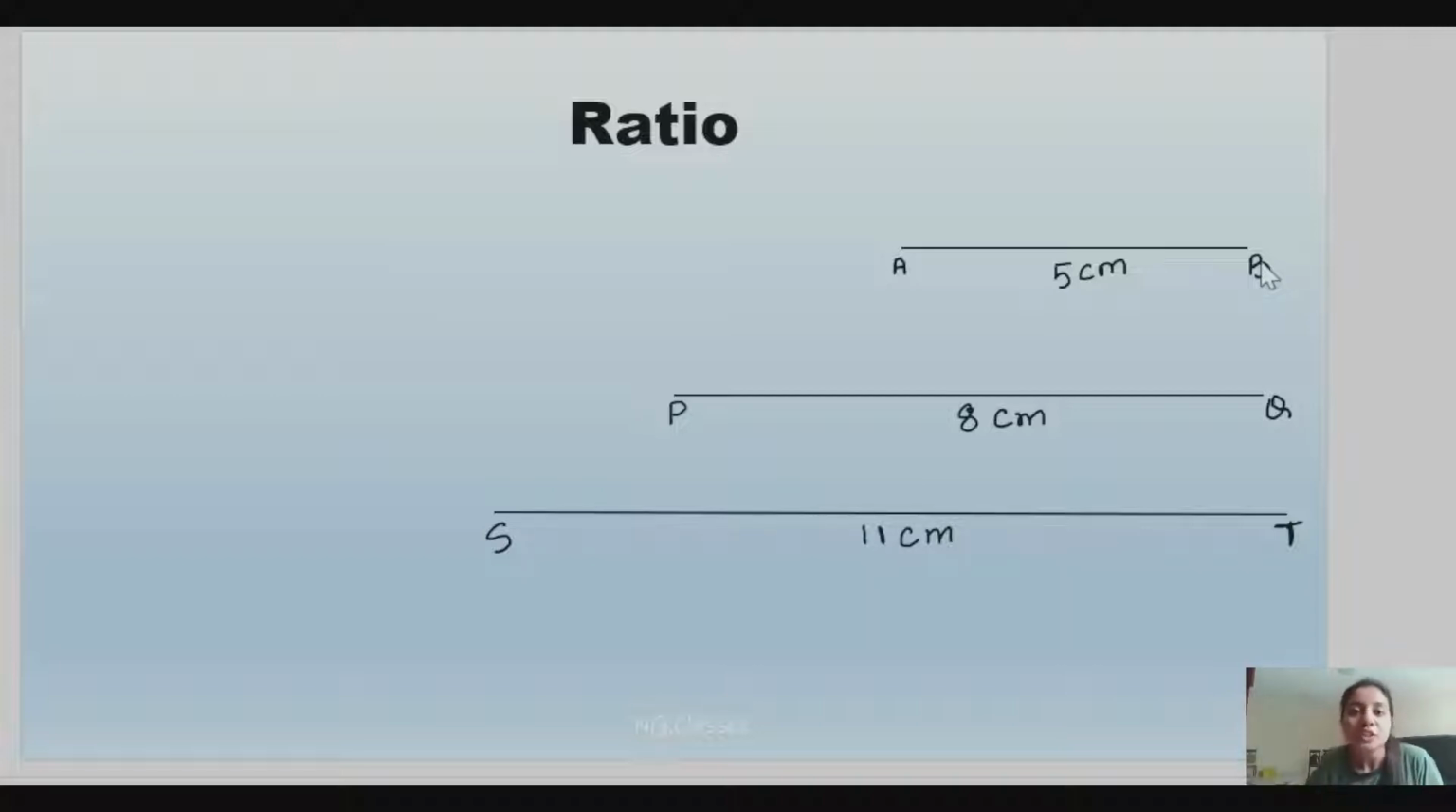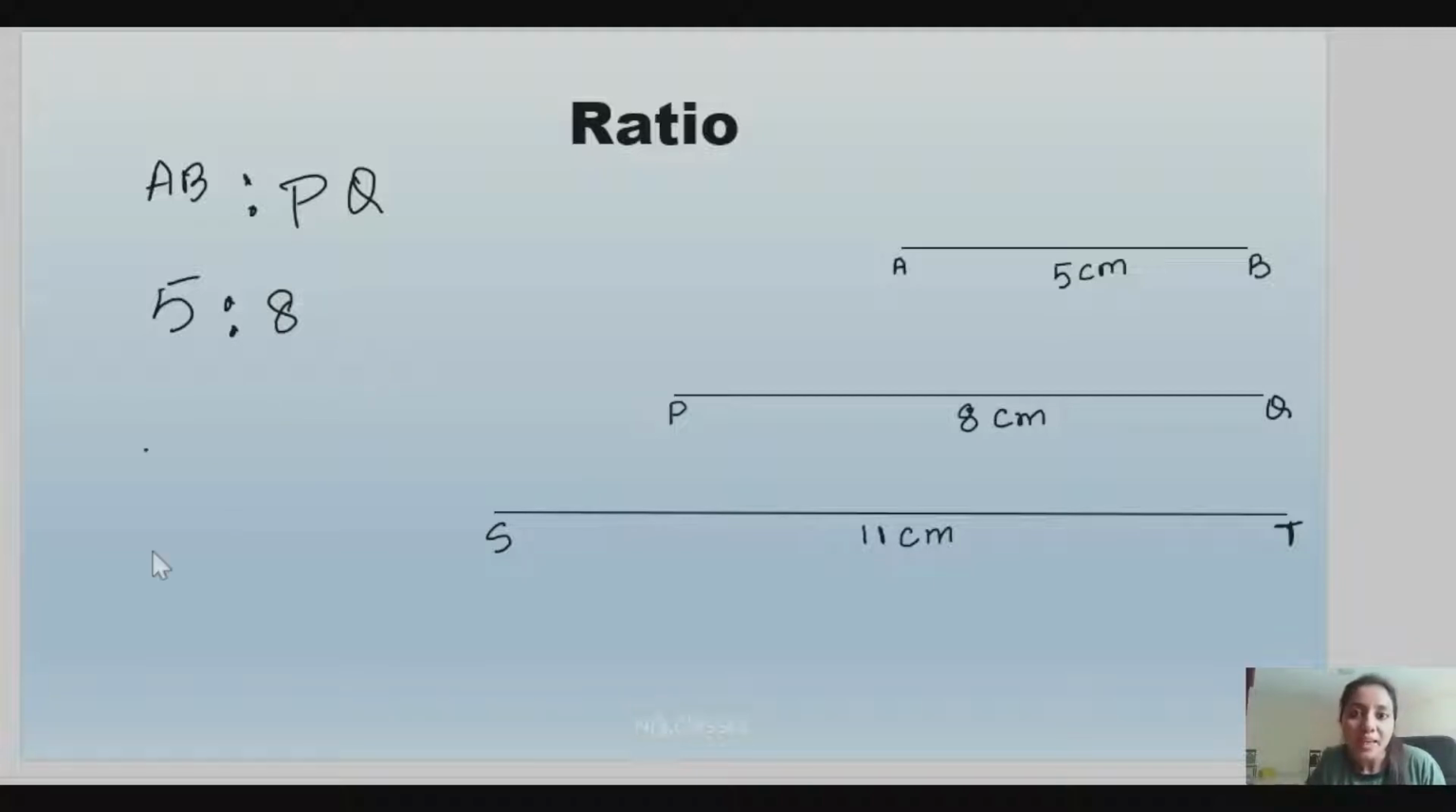Now one more thing we need to be careful while doing the comparison. We have to compare two same things. That means I can compare length with length, breadth with breadth, height with height and area with area. So if I am comparing the length of the straight line AB to length of the straight line PQ, I can write it as 5:8. Now the way we do the cancellation in fraction, here also we can do the cancellation. But 5 and 8 don't have any common factor, so we can't cancel it